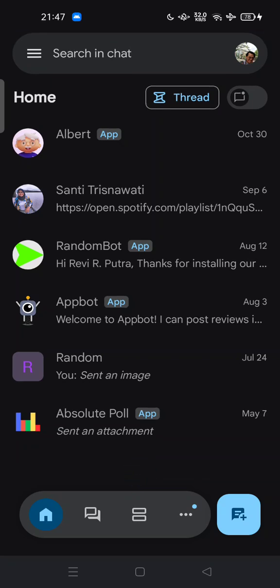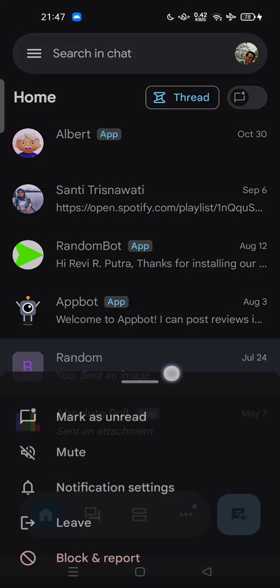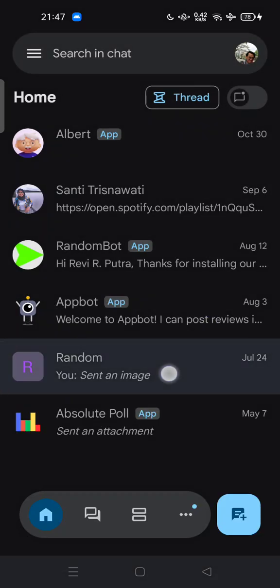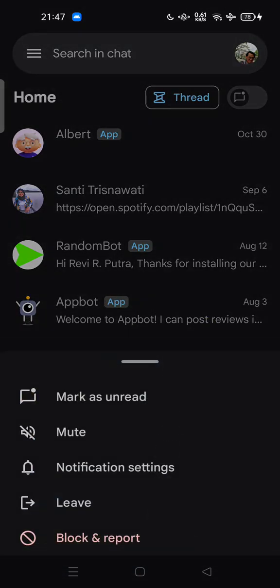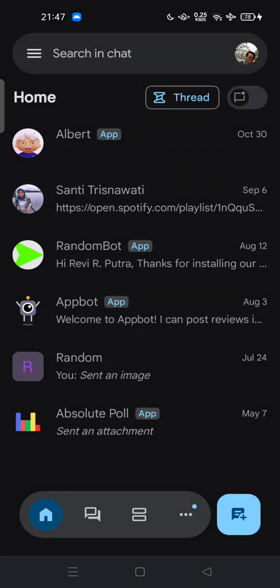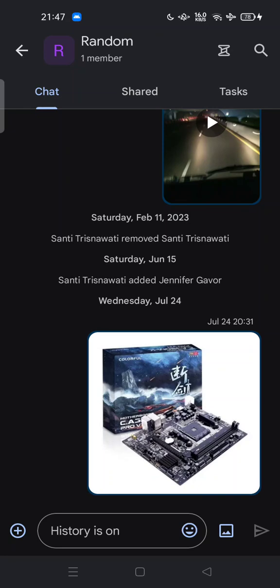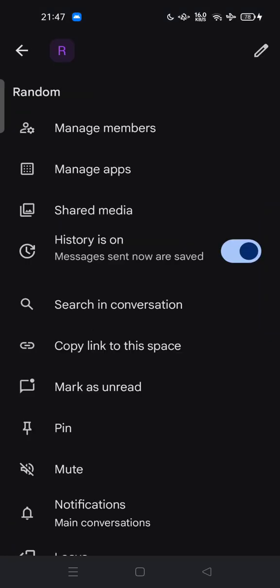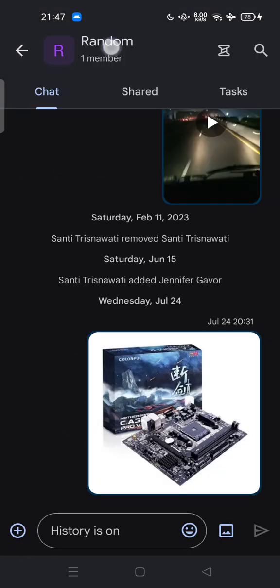So in order to delete a conversation, delete Google Chat, you cannot just tap the person once. For example, this one, there is no way you can delete this from outside. So all you have to do is go inside the chat room and tap on the profile of